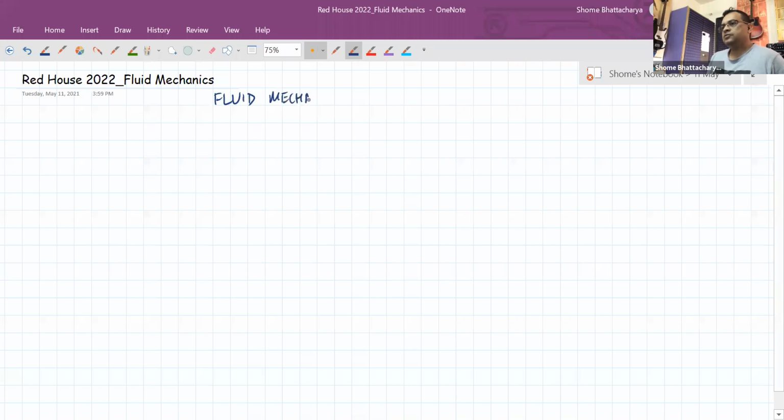As the name suggests, in fluid mechanics we are going to deal with the physics of fluids and particularly the applications of the principles of mechanics, like the basic thing of force and momentum or the work-energy theorem, etc., but applied in a different way to a system consisting of a fluid. So that's what fluid mechanics is about.